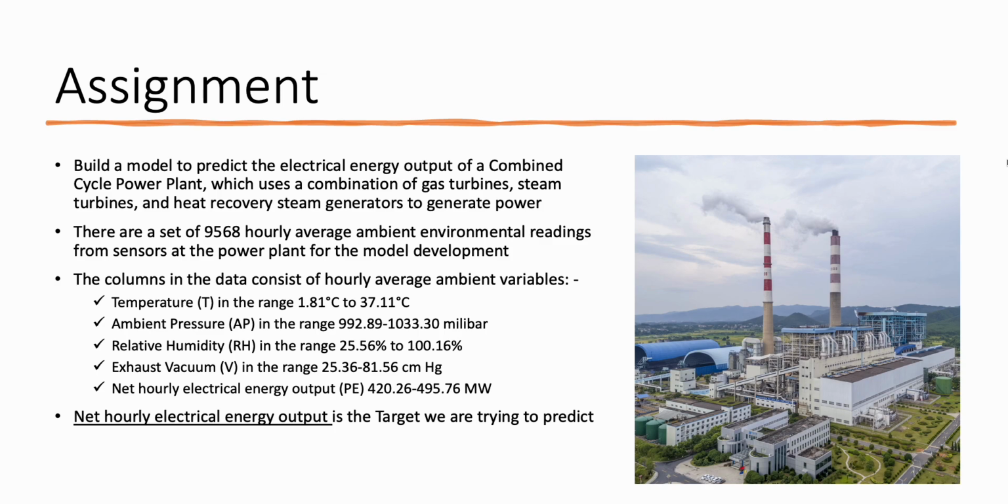power plant. We have been given a set of 9,568 readings from sensors, which will be used for model development. There are multiple columns in the data, which includes temperature, ambient pressure, relative humidity, and vacuum. And finally, the output is the net hourly electrical energy output, which is also the target which we are trying